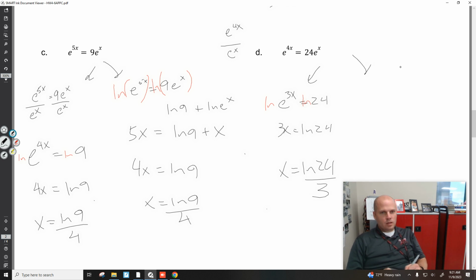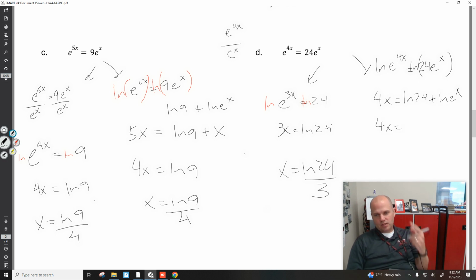Or take the natural log of both sides: natural log of e to the 4x equals natural log of 24 e to the x. Use a log property to split up 24 times e to the x: ln 24 plus ln e to the x. We get 4x equals, and again, these are things that I've done so much that I've seen them